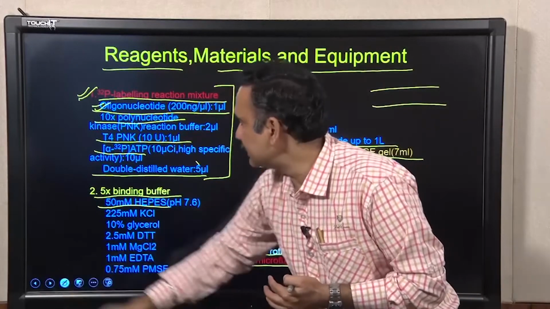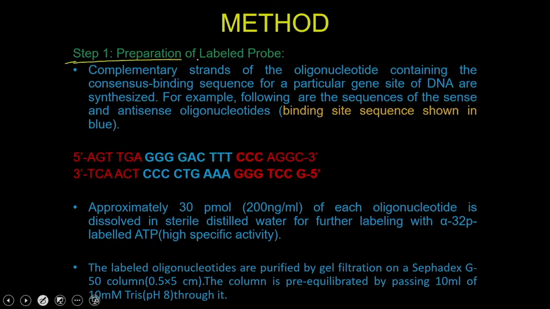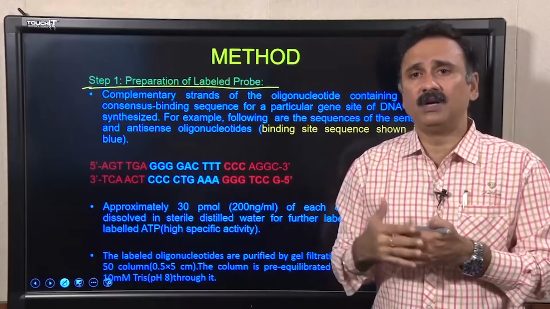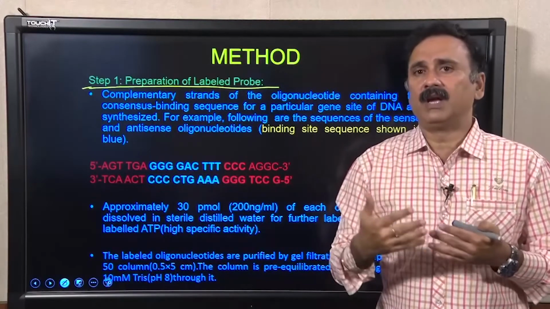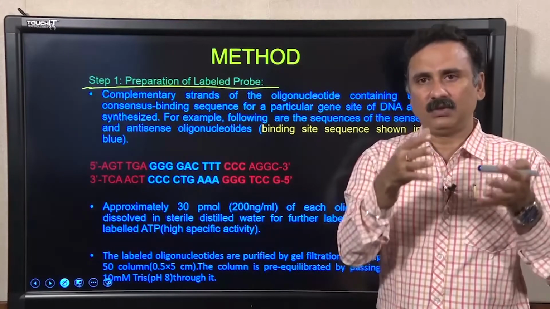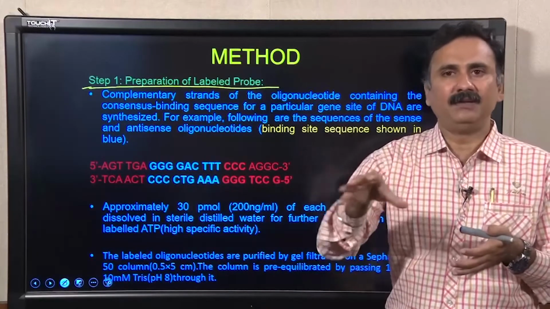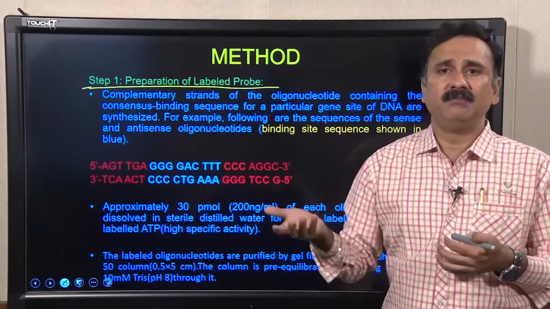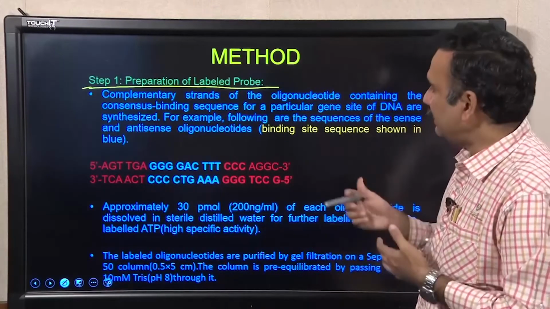This can be done in multiple steps. In step 1 you prepare the labeled probe. The labeled probe can be prepared in multiple ways, and we are going to discuss all that in detail when we discuss Southern blotting. For the time being, you can simply understand that you take the oligonucleotides, add the radio labeled ATP, and then simply add the PNK, and that catalyzes the reaction to add the radioactive